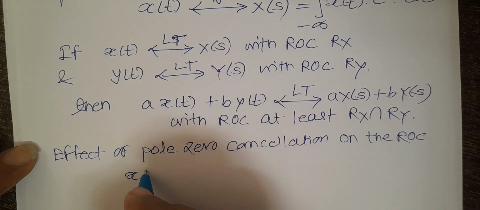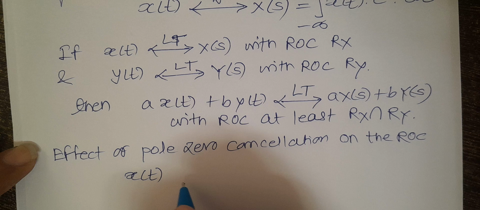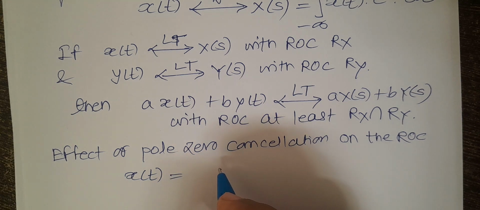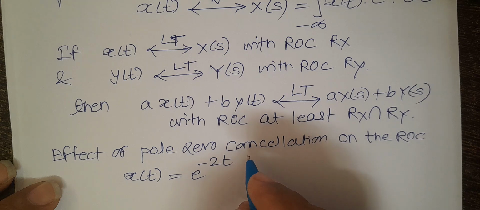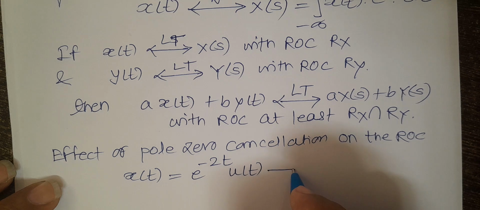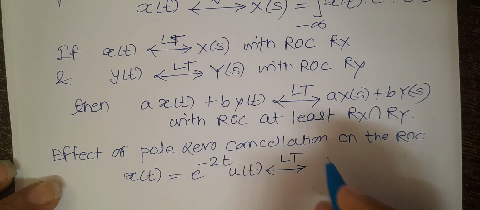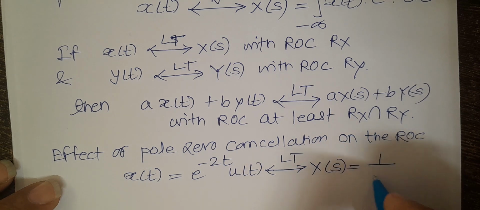So x of t is the signal given as x of t is equal to e raised to power minus 2t u of t, and its Laplace transform is x of s is equal to 1 over s plus 2